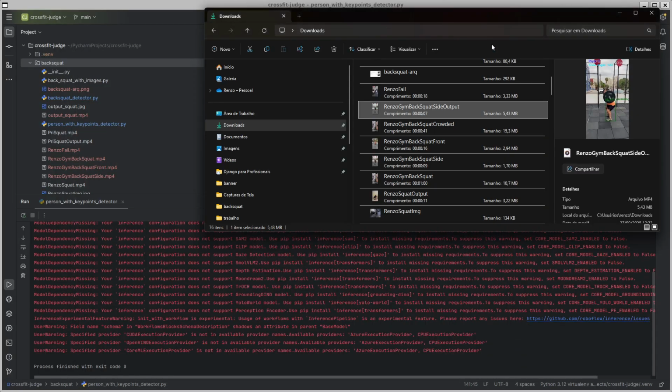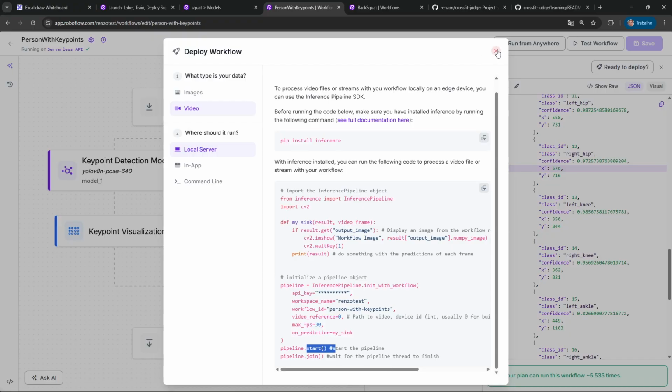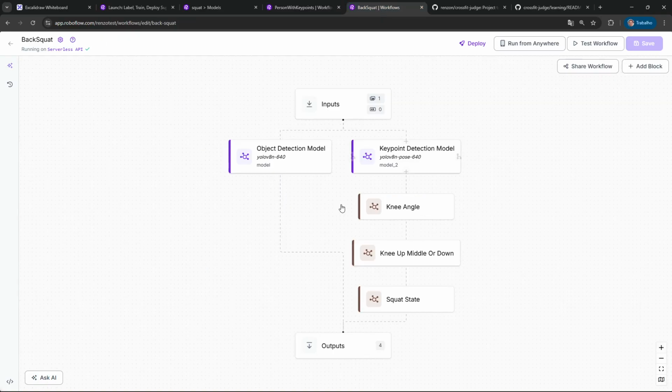And after I have done that, I discovered that on Roboflow you can not only use the building blocks, but you can also create your own with Python code. So the next version that I have done, you see that it's pretty similar to the next one. I just removed the visualization because I don't need the visualizations for the processing. I just need the data.